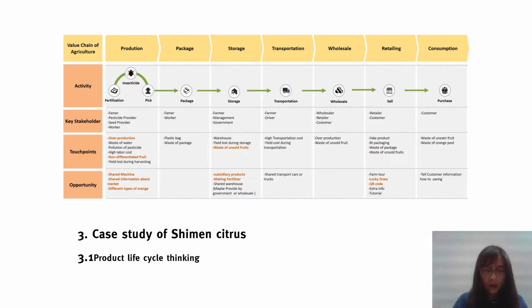Retail. Small-scale fruit shops sell fresh fruit to the fruit wholesale market and then sell it to customers or other retailers. Customers often need to identify whether the Shimen citrus sold in the fruit shop is really produced in Shimen or whether it is of high quality. Some fruit shops may repack the fresh fruit to have a better appearance and bring waste and pollution, but the main problem is the waste of unsold fresh fruit.